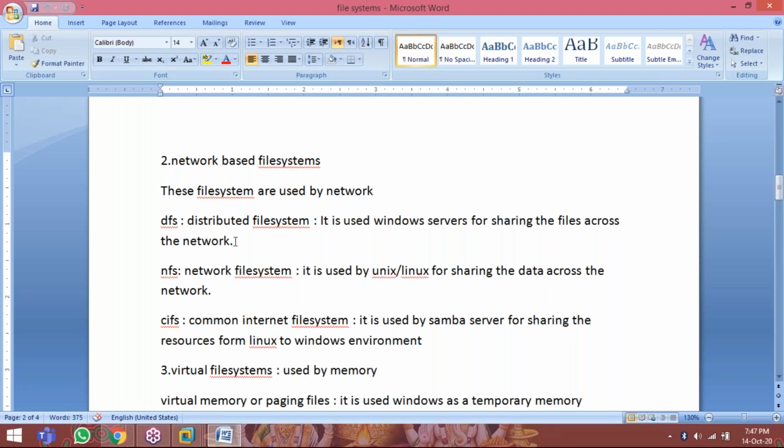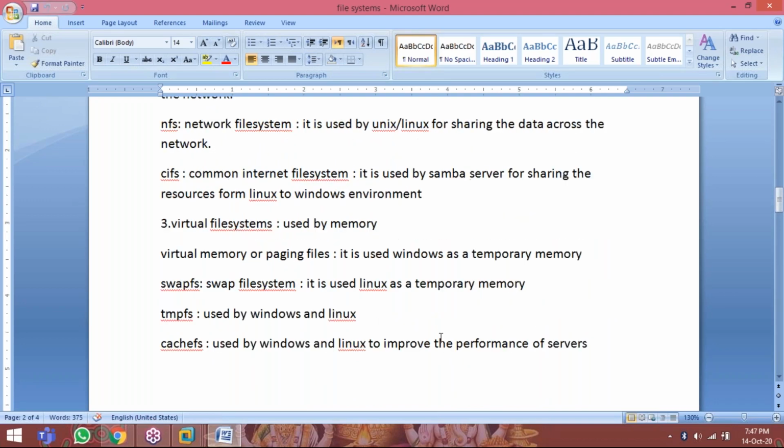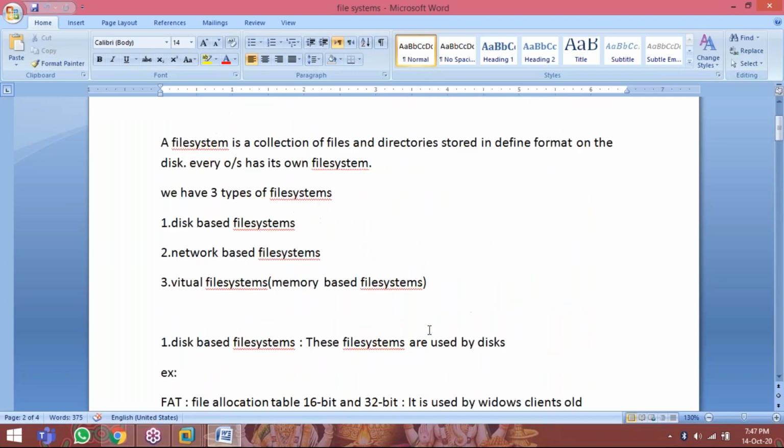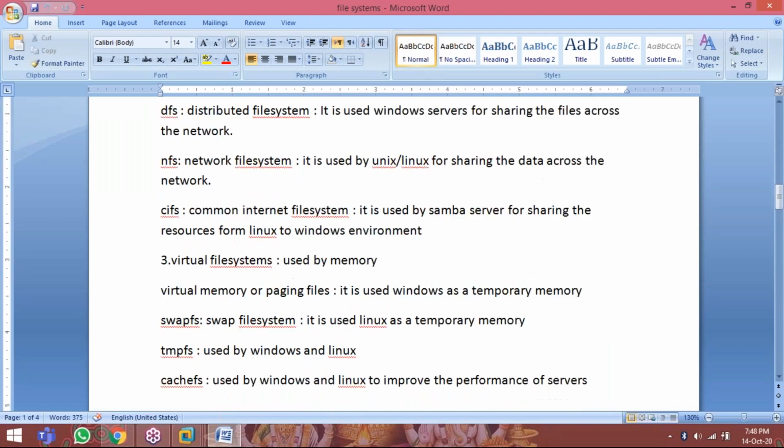So every day requests will go to that server only. If any new request comes, then only the main server will get the new request. Then your main server performance will increase. So this is called cache file systems, which improve the performance of servers, Windows or Linux. If you understand these file systems, then we can easily understand any administration task which you are working on in real-time scenarios.